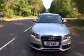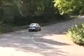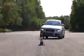There are plenty of petrol and diesel engines to choose from, starting with the 118 brake horsepower 1.8 litre turbocharged petrol. The range topper is a 3.2 litre four-wheel drive petrol, but the big seller is the 141 brake horsepower 2 litre diesel. The A4 grips brilliantly and always feels assured, but it can't match the BMW 3 Series for